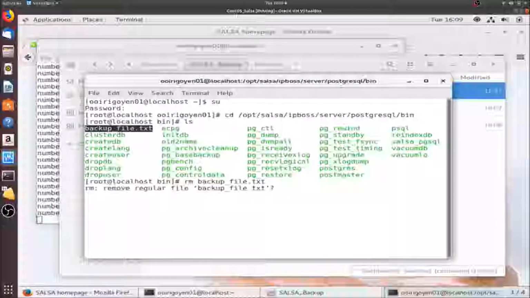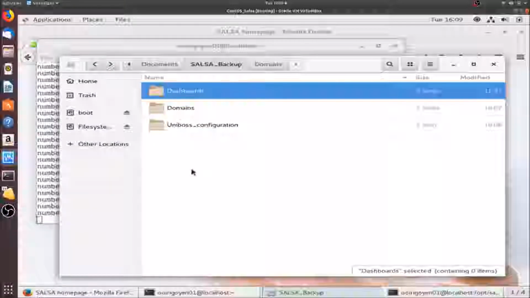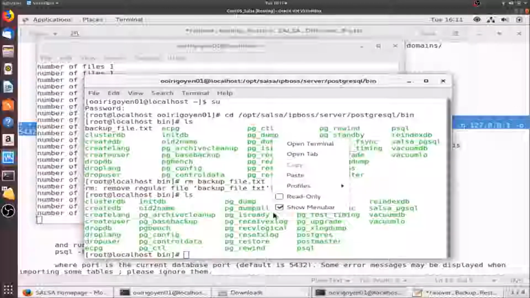So yeah, that's what I need. And I also need to run a command. I have this command over here, which is part of the support of InfoVista documentation. So I only need to copy and paste,